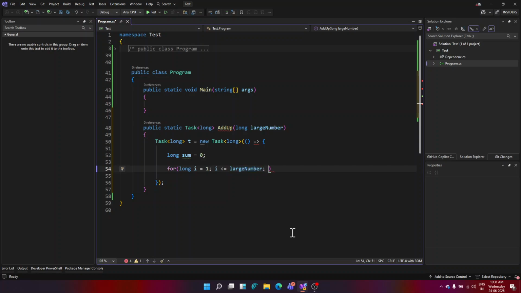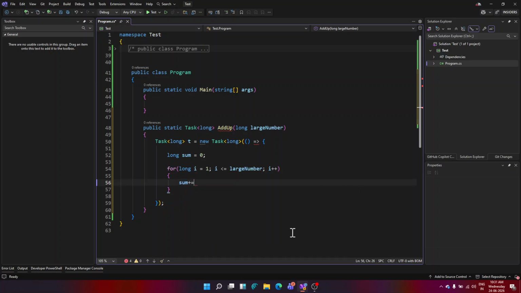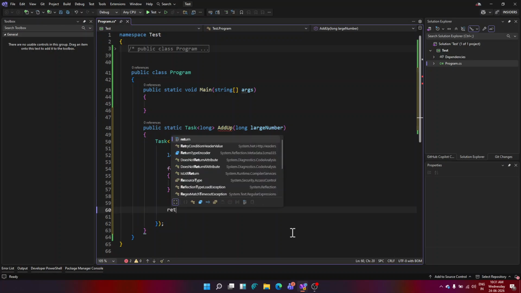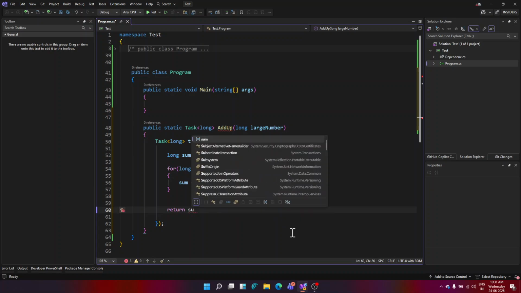That's our target. And then i plus plus. In the process, I'm going to sum it, sum plus equals i. All good, all nice. And then finally, I need to return my sum.